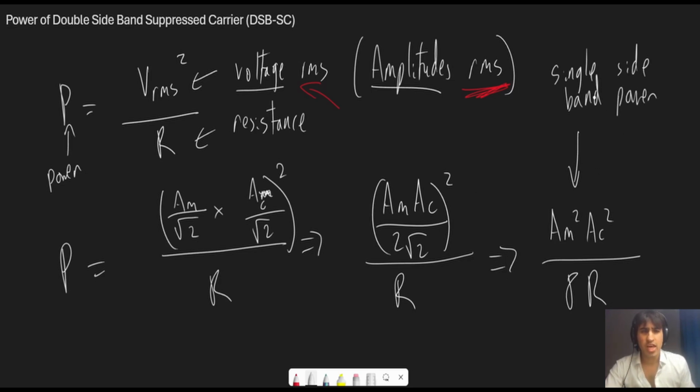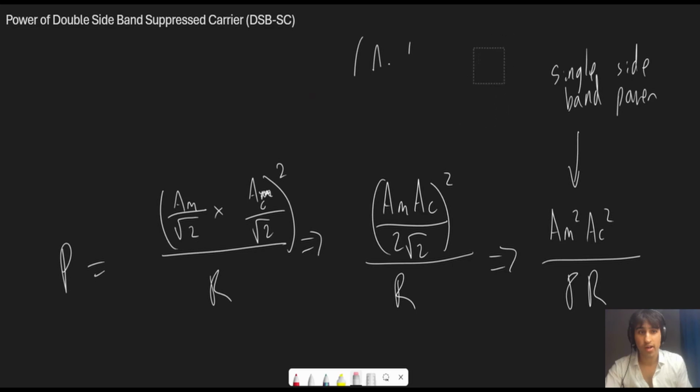And so if you want to find the total power required for the entire double sideband suppressed carrier, you actually just need to multiply this by 2. So if I rub some more stuff out, rub all this top part,